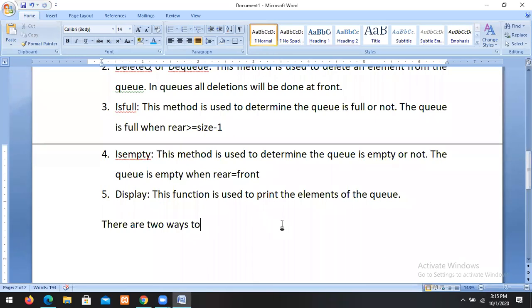They are, first one is implementation by using arrays.